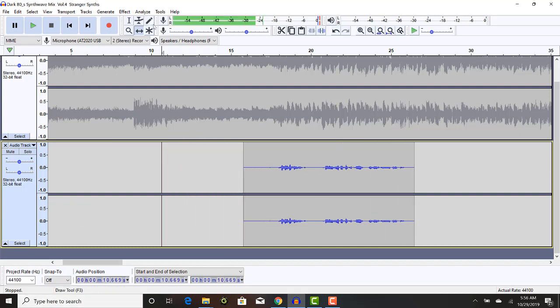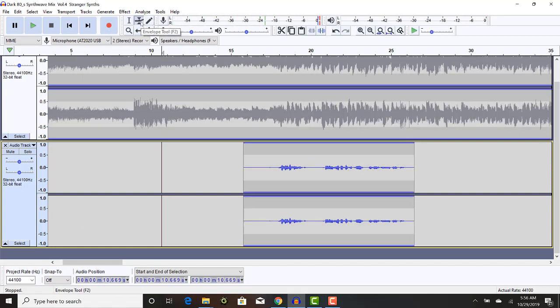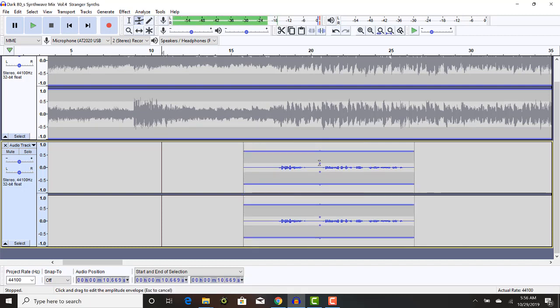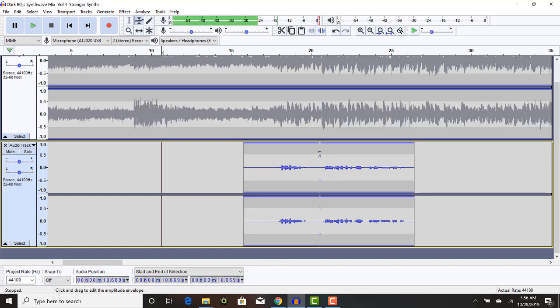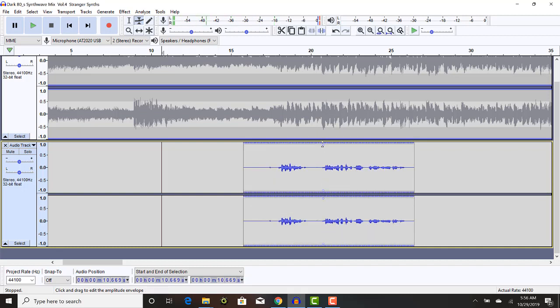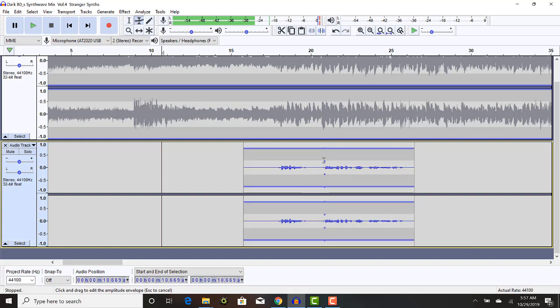And there's what we call the envelope tool. And what that does is it shifts the volume a little louder or a little shallower, or let's just say, let's make everything loud. Okay, you see these little handles on the top, and that's how you make things loud or a little shallow